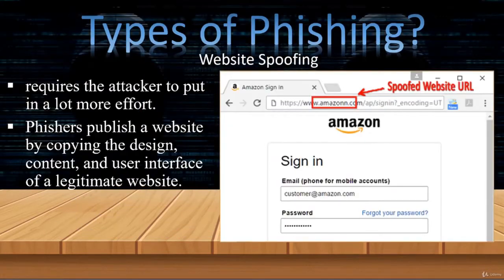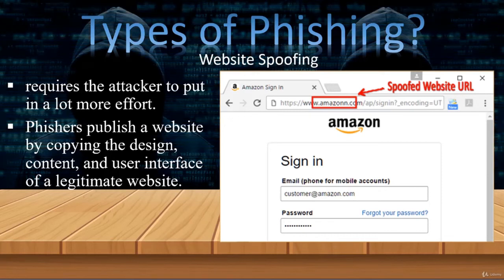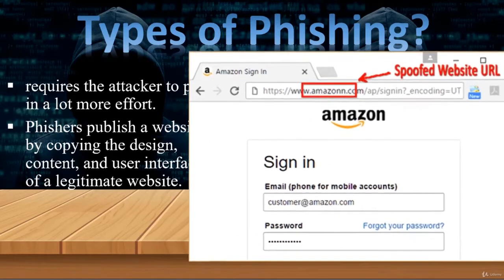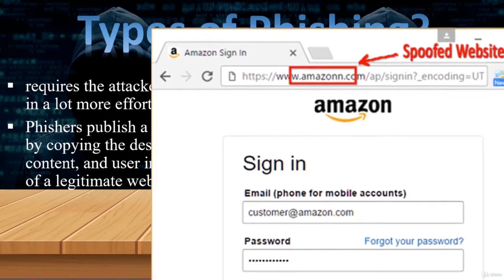Stemming from search engine phishing and that ill-fated click that lands you on a spoofed website, yes, spoofed is another way to say fake. A website that looks so authentic that unless you take a good look, you don't notice the differences. Things such as putting 2 N's at the end of Amazon, or using an R and an N to look like the M in Amazon. These are very subtle and difficult to spot, and yet another reason you should always type the address as opposed